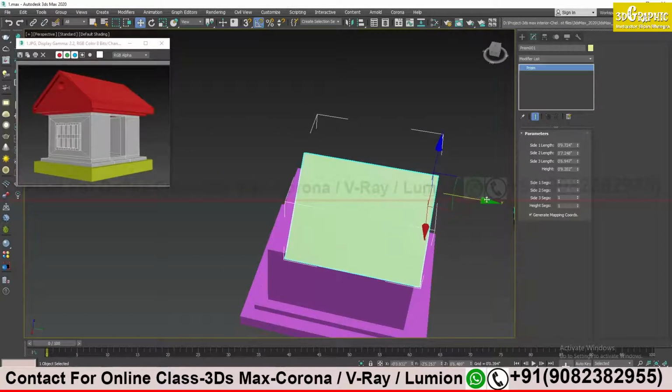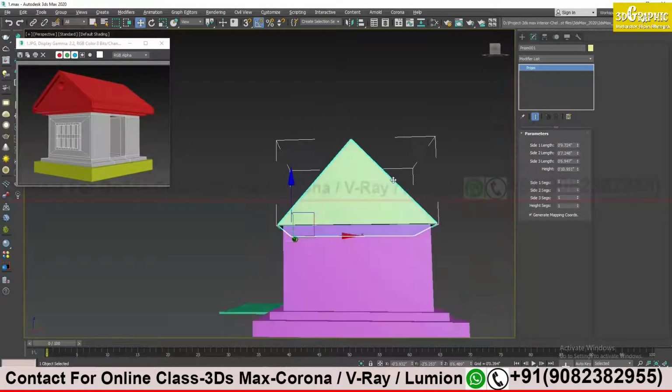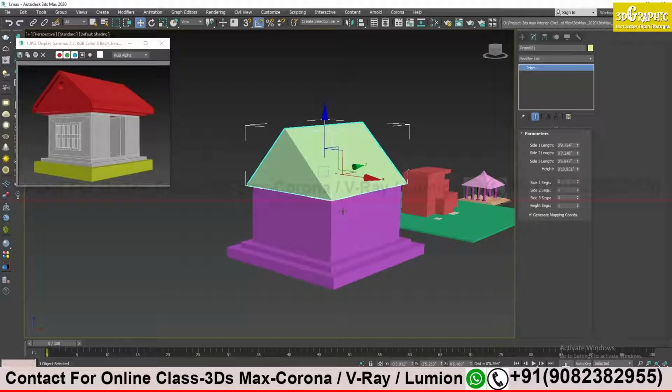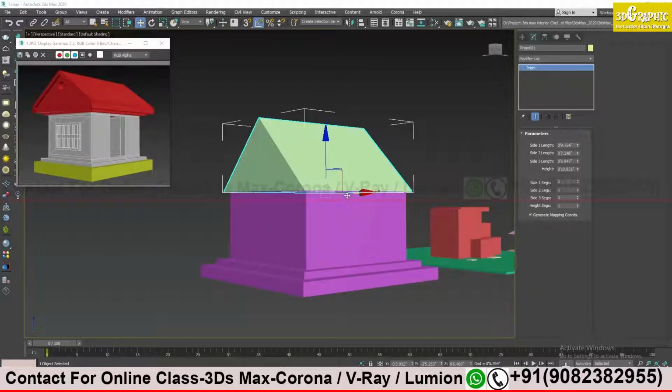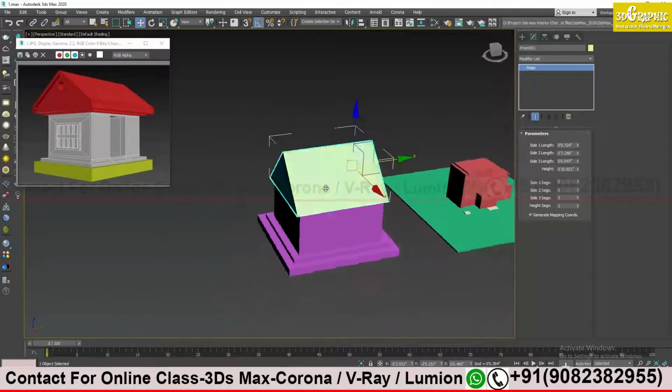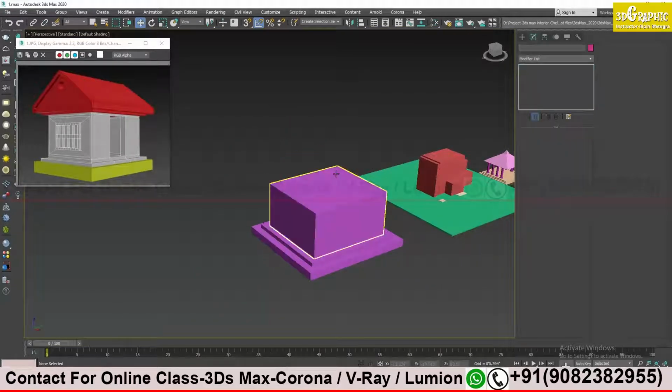Just trying to adjust my model. Okay, I'll do it once again. This top portion I will delete and I will create it once again.